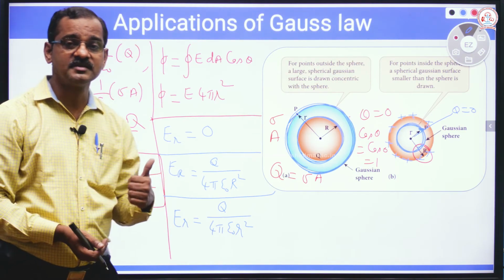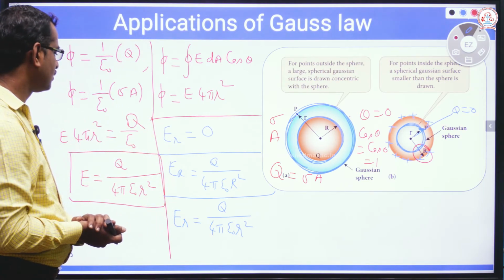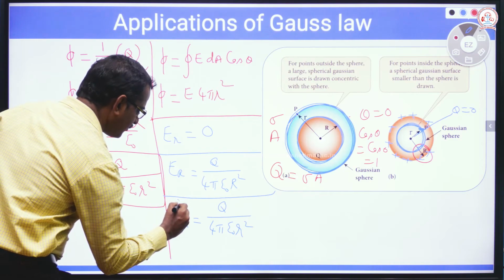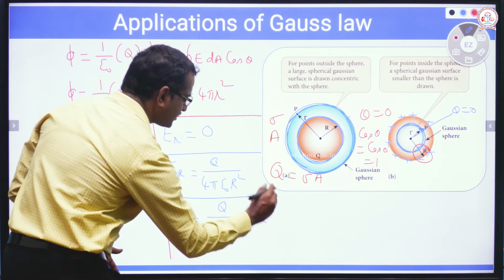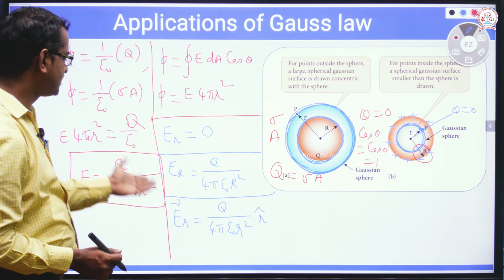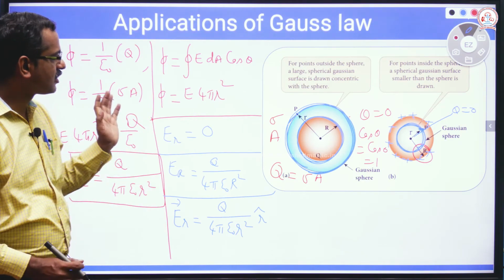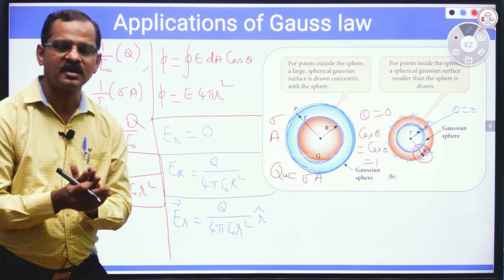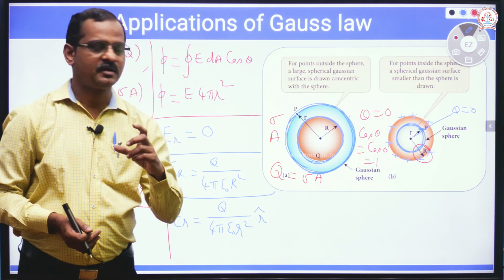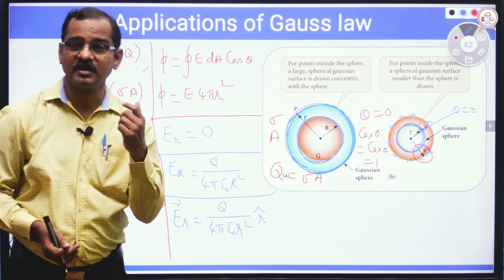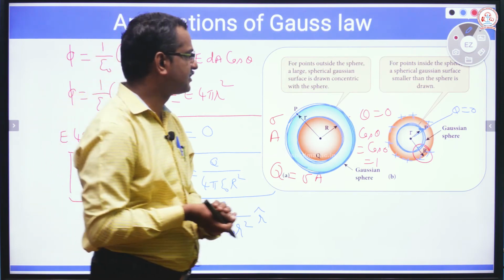Electric field is a vector quantity. So, if you want to write it in vector form, I can just add r cap, just r cap. In some places we can have n cap also. So, these are applications of Gauss law to find the electric field at a point due to a charged wire of infinite length, the electric field due to an infinitely charged plate, and the electric field due to a charged metallic sphere.